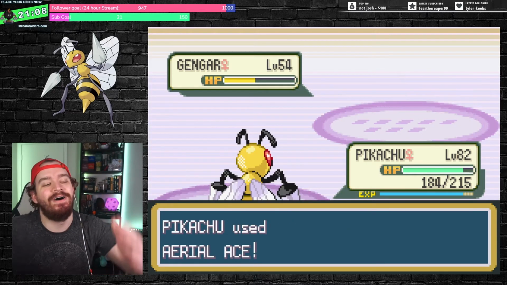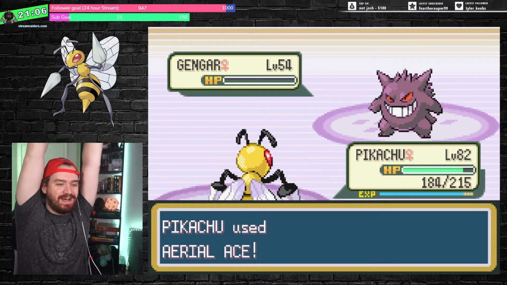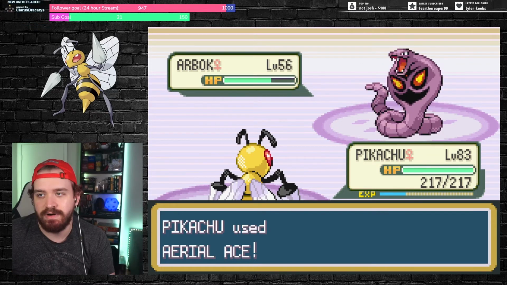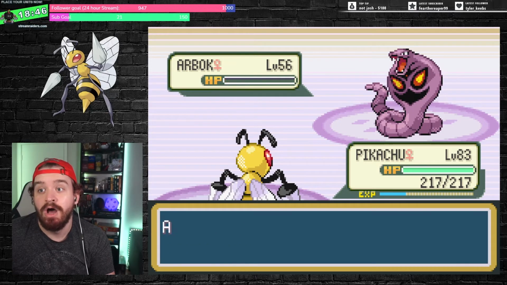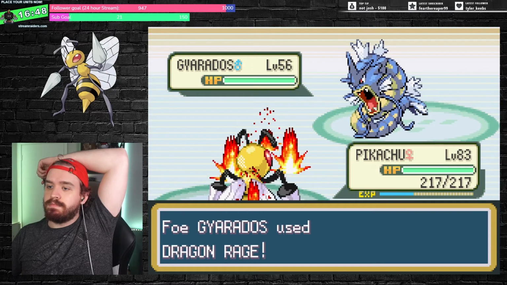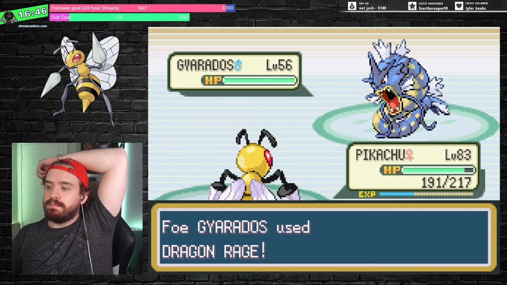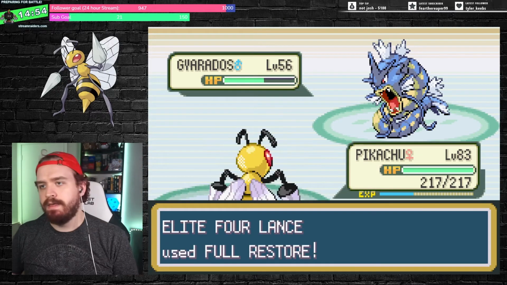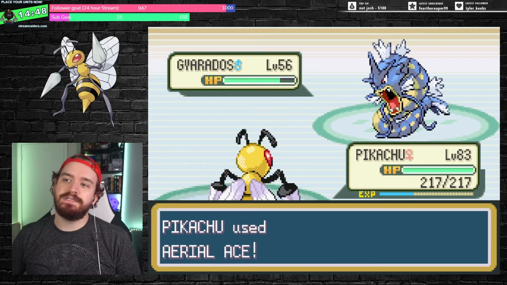And knowing my Aerial Ace would always hit, I had no fear here. From there we 2-shot all of her Pokemon with Aerial Ace, even the Arbok after the Intimidate attack drop thanks to a timely crit. Lance's Gyarados mostly spammed Dragon Rage, allowing Pikachu to set up double teams without worrying about crit ranges. Back and forth we went with the full restores until Lance got fed up and withdrew Gyarados in